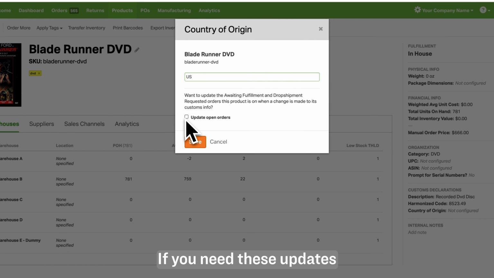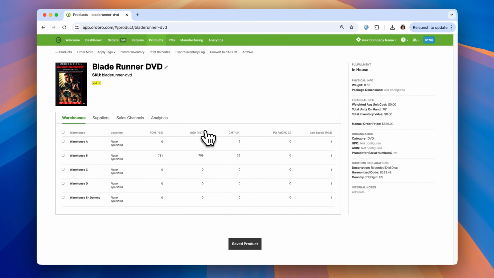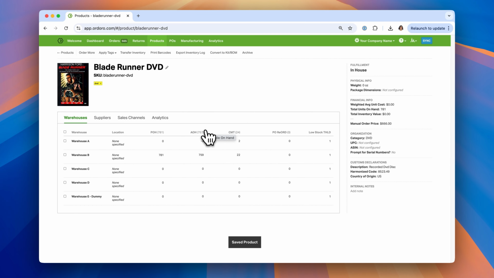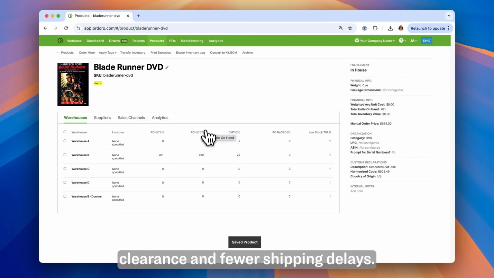If you need these updates applied to all open orders, check the box labeled Update Open Orders before saving. Once saved, these details will be included automatically on customs forms when shipping internationally, ensuring smooth customs clearance and fewer